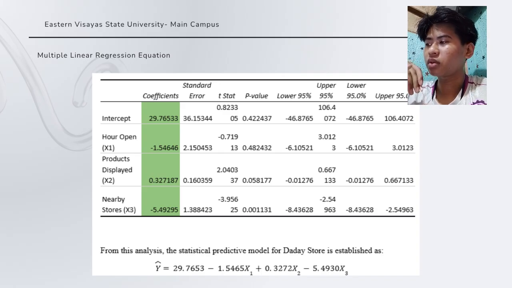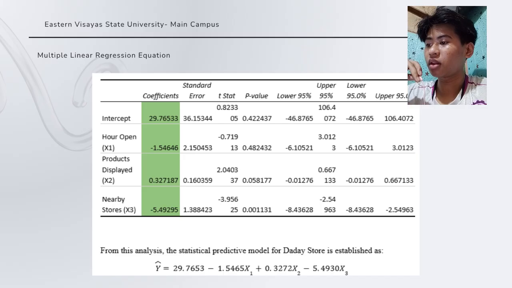For this part, I would like to clarify that I did not manually solve the multiple linear regression equation because the manual solution was already discussed earlier by my groupmate. Instead, again, I used Microsoft Excel to generate the summary output and automatically obtain the regression coefficients